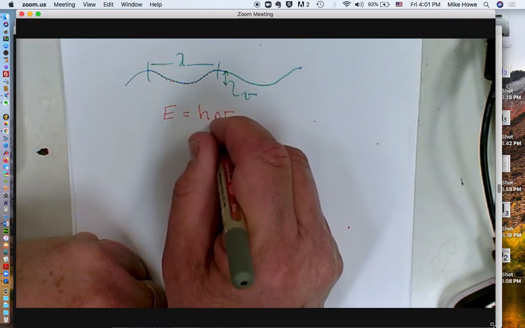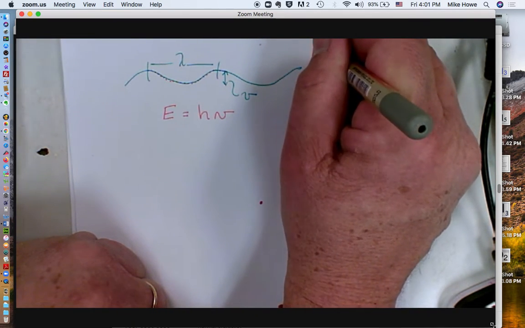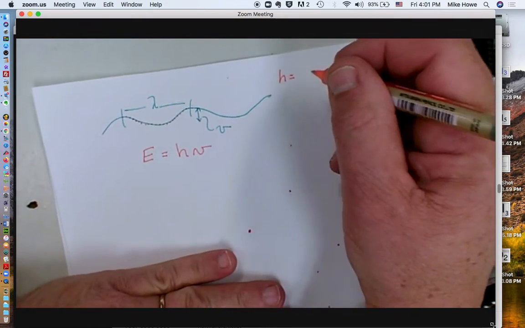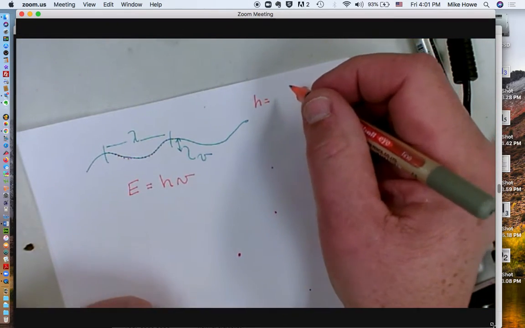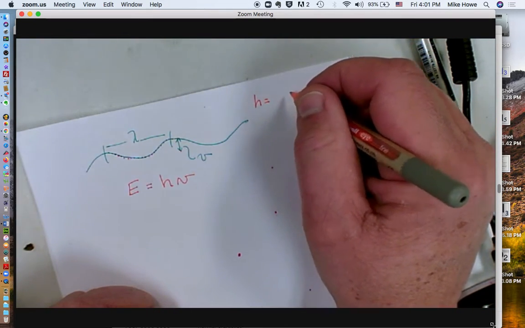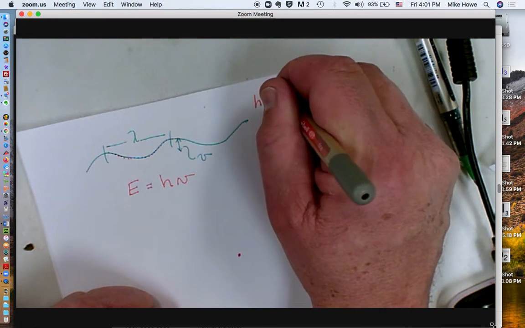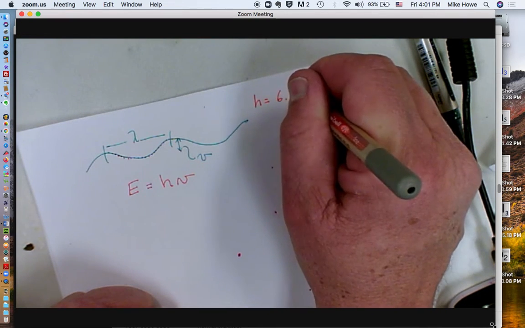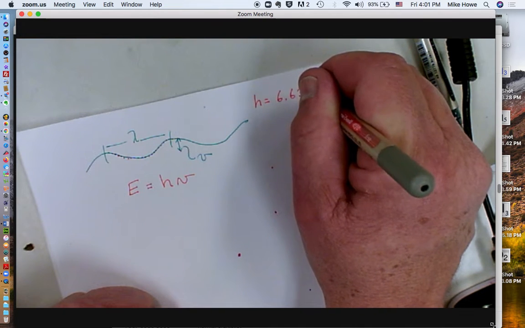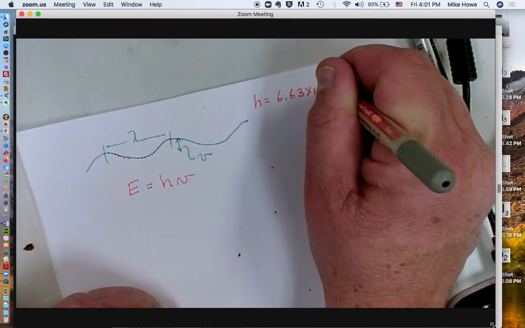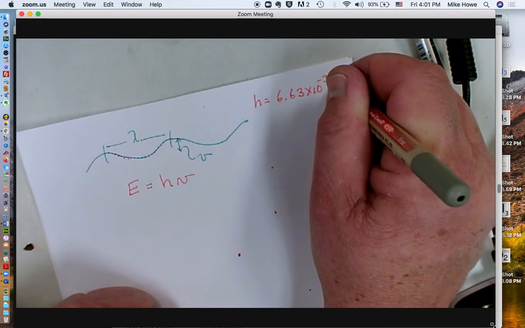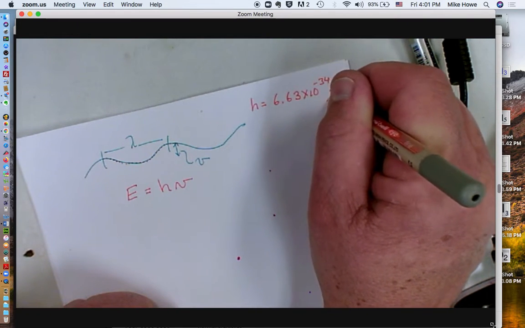h is Planck's constant, and h has this numerical value. h is just basically the same kind of thing as pi. You know, like the area of a circle is pi r squared and so on. h is just a different constant, a different number, but it serves the same purpose. It's a proportionality constant. So the numerical value for h was 6.63 times 10 to the negative 34th